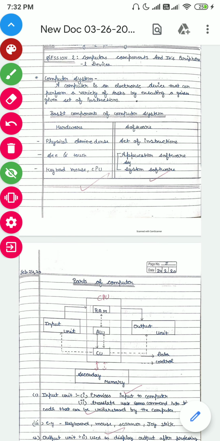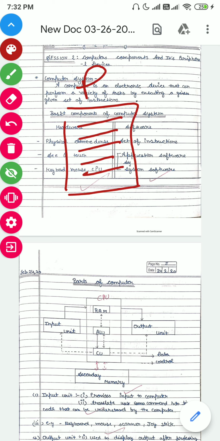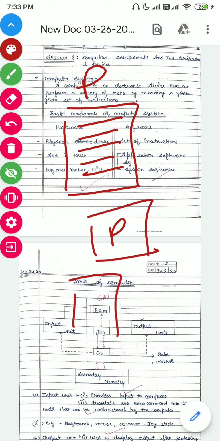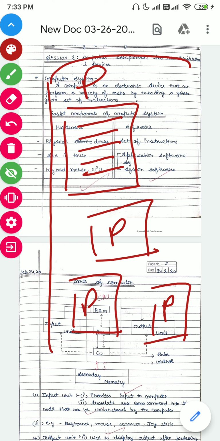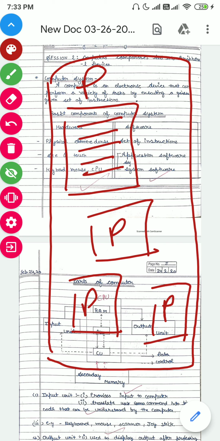Okay, so what is a computer system? A computer system, we all know, class. This is a program. And a program consists of a set of instructions. There are various instructions we give to the computer, and that set of instructions is known as a program. If there are various programs and we bundle them into one, then this set of programs is known as software.